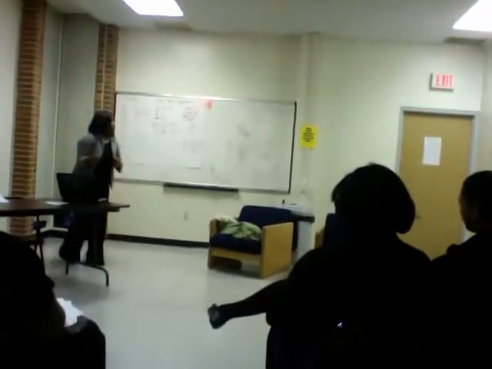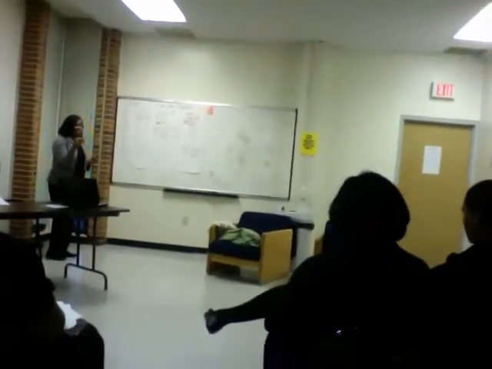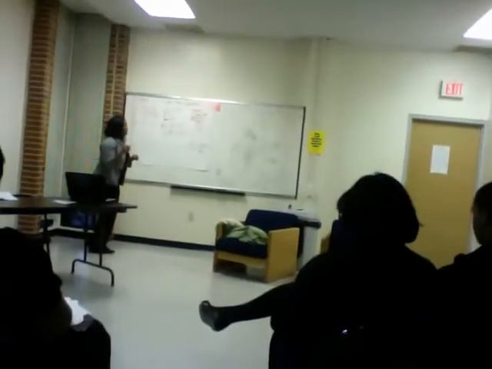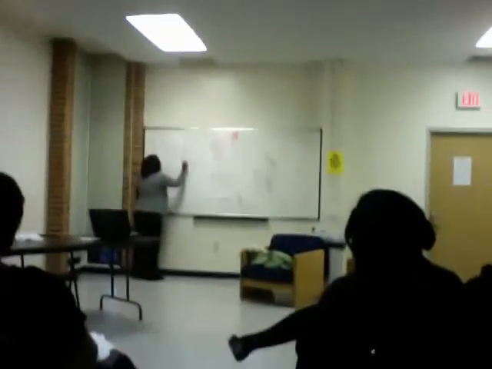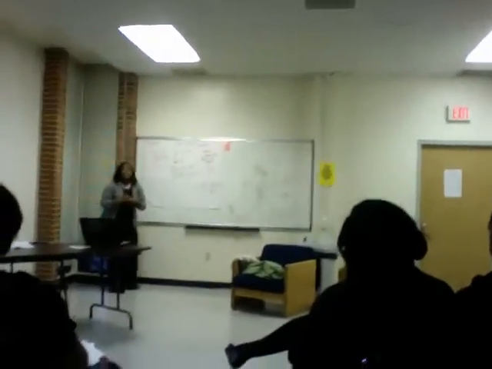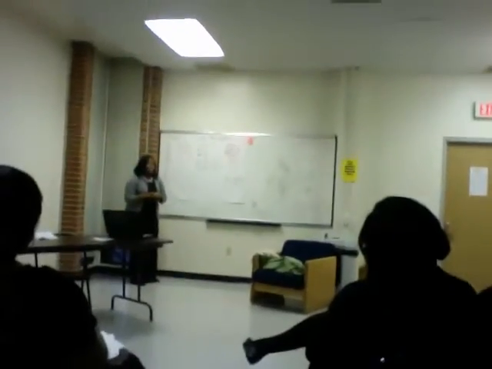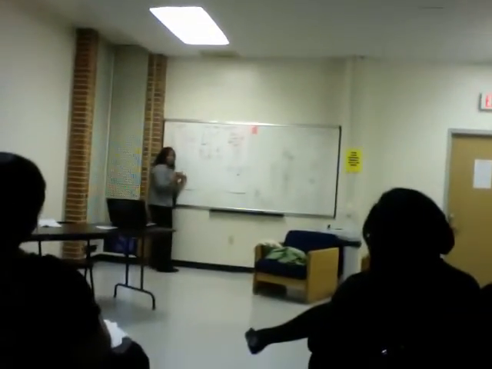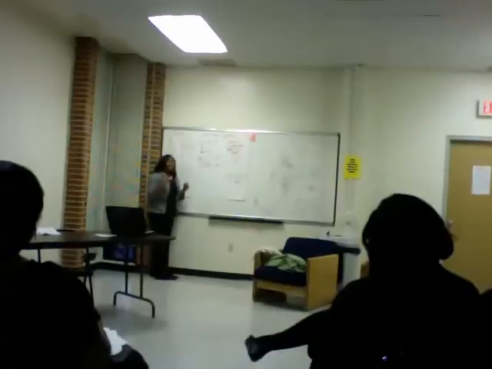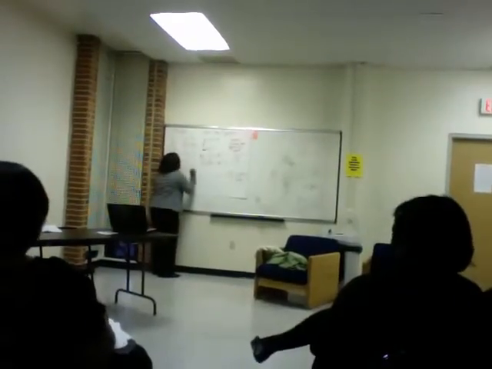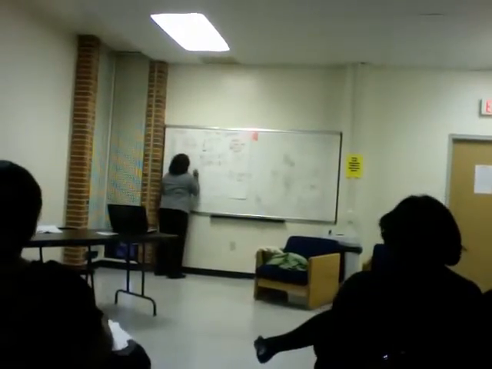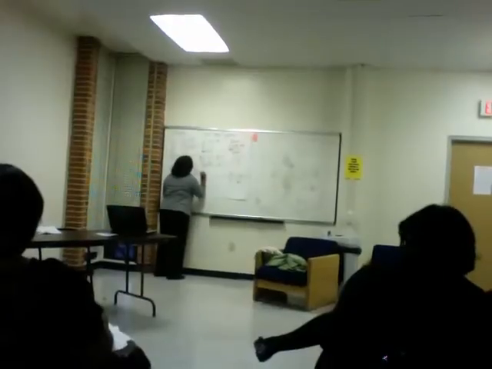So the first step is to isolate the variable. So when you think of isolate, what do you think we need to do? AJ? Make it by itself. Make what by itself? The variable. The variable. So we need to isolate X. Okay. Does anybody know how we would isolate X? Get 5 away from X. Exactly. Get 5 away from X. In our first step, when we isolate the variable, we do that